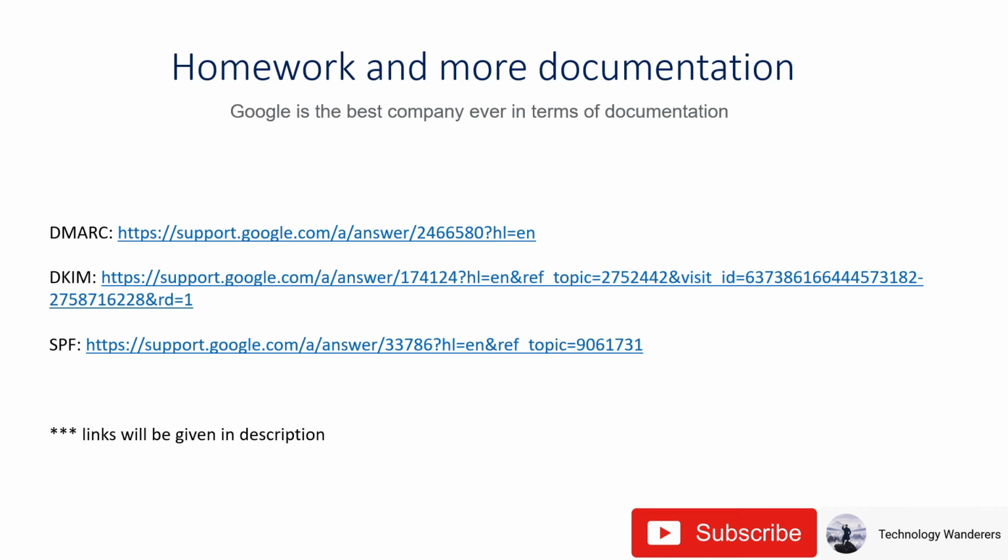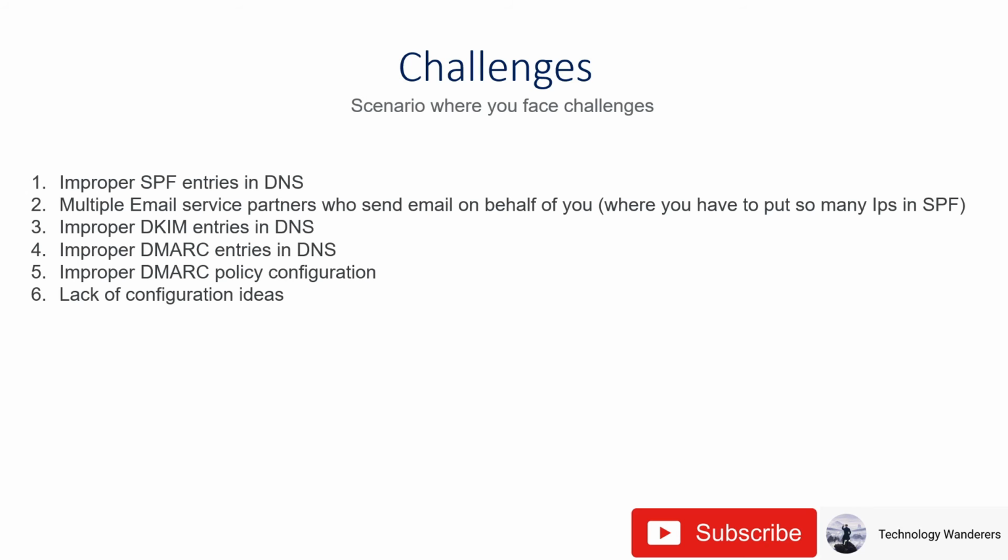Now, after creating all these 3 DNS records, your email infra should be functional with all the incoming and outgoing email flow. These are the 3 links we are giving in the description. You can do some more homework, some more research based on your needs, and you can configure your own record. Please read these 6 points. These are the challenges sometimes people face. Make sure you are doing enough homework to avoid these challenges.